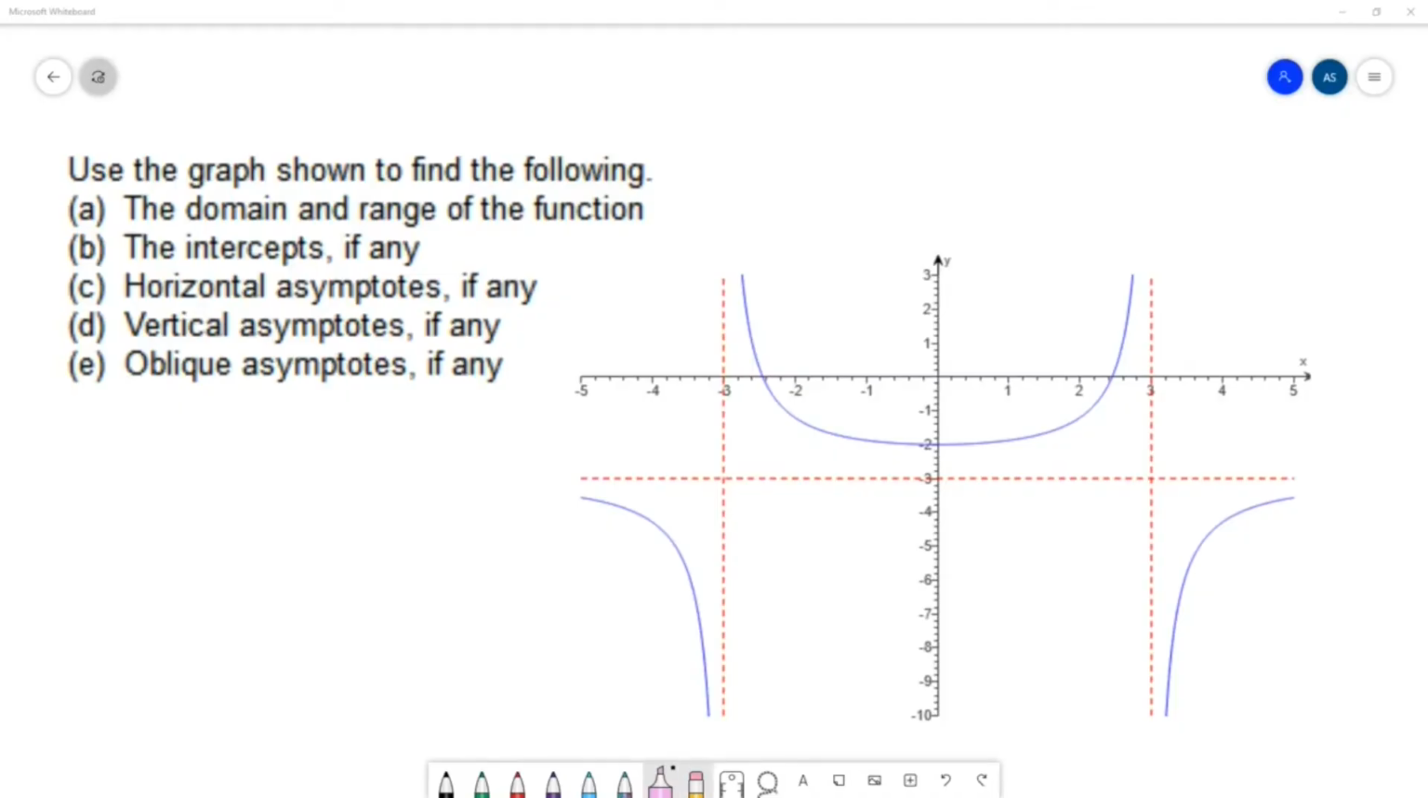So in this example, we are given this graph of a rational function, and we want to find the domain and range, the intercepts, horizontal asymptotes, vertical asymptotes, and oblique asymptotes. So starting with the domain and range,